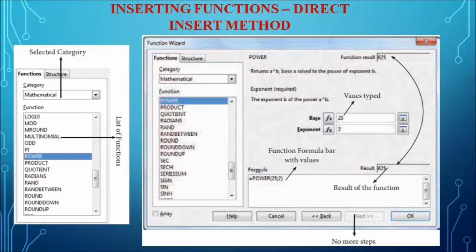After the user types the function, at the end the user must press the Enter key for the function to work. Once you press Enter, it automatically calculates the value and displays the result in the required cell. So this is how the user can insert the function directly into the cells.